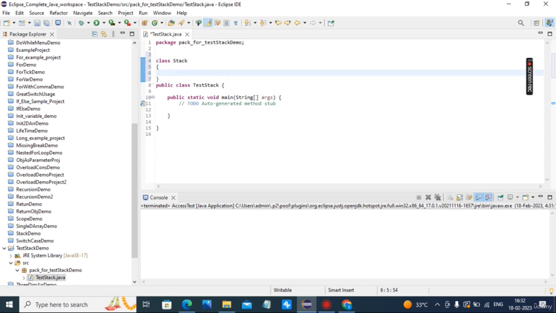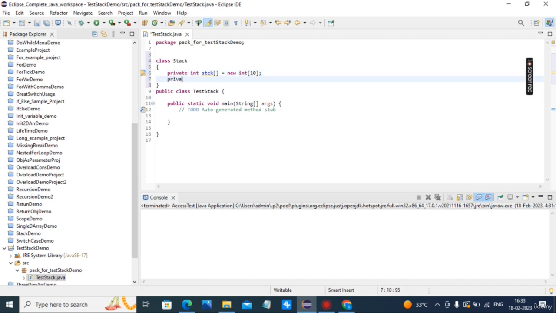Here, one array: private int stack is equal to new int of 10. Private int top of stack.